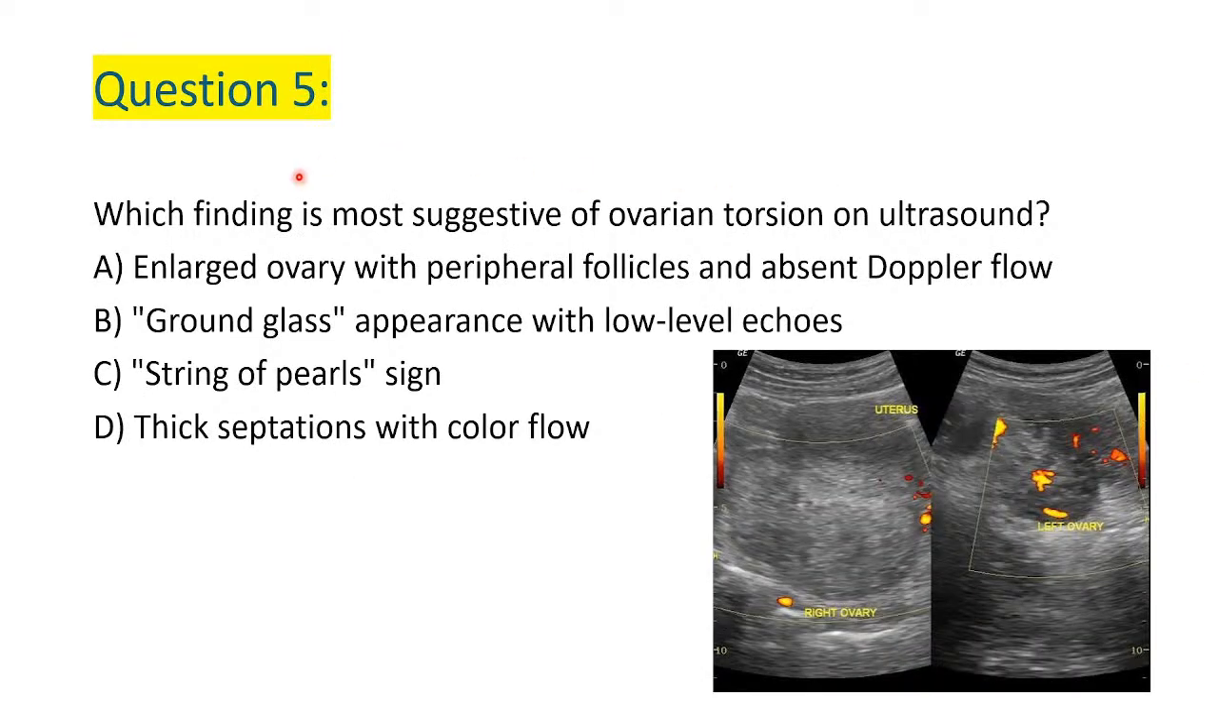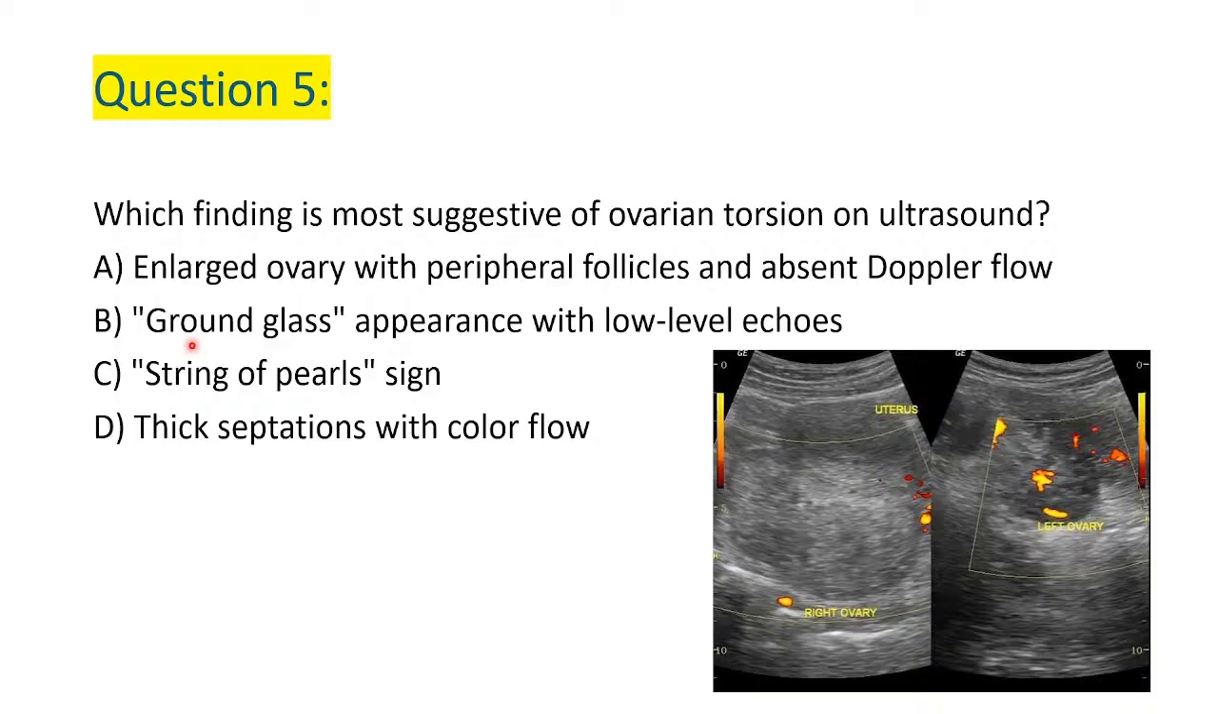So question number 5. Which finding is most suggestive of ovarian torsion on ultrasound? So that is ovarian torsion on ultrasound. That's ovarian torsion. You can see, compare this ovary with this other one. So this is the right ovary, the left ovary. This ovarian torsion is here. A. Enlarged ovary with peripheral follicles and absent color flow